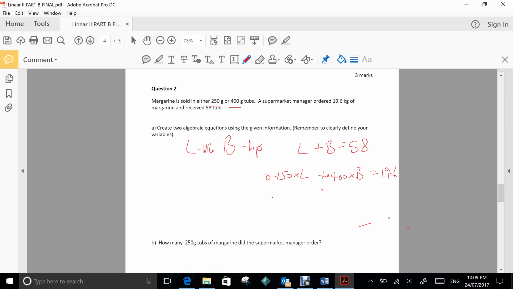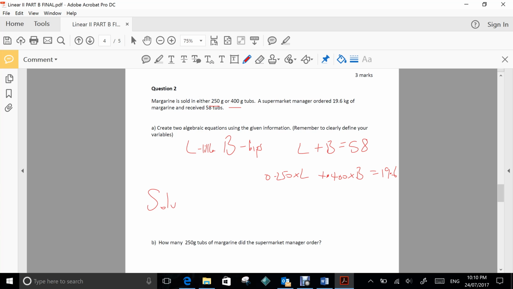I could also, if I want to, turn the 19.6 into grams and go 250L plus 400B equals 19,600. That will work too. Okay, so once you've got this, again, this will be a Mathematica solve. You can do it by hand, multiply the first equation by 0.250, but in Mathematica,